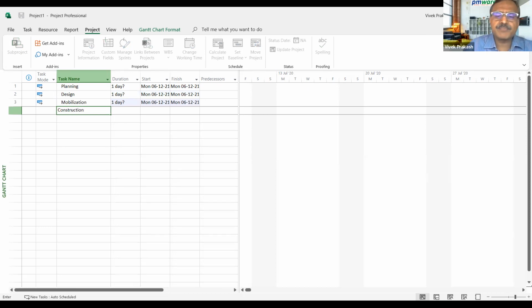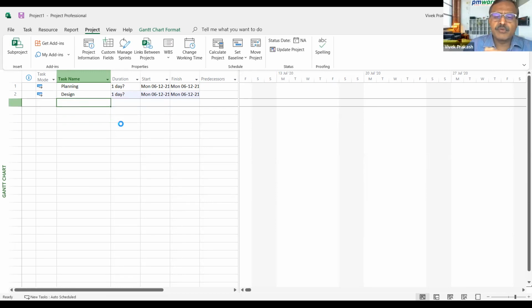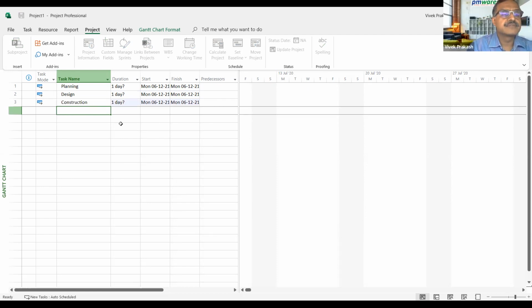Construction. See, mobilization is a part of construction, right? It's the initial starting of the work. Yes, moving the machineries, manpower. So instead of considering mobilization a phase, let's consider mobilization as a part of the construction. Yes, for the bigger phases on the higher level. Or I think you consider procurement is also part of the construction.